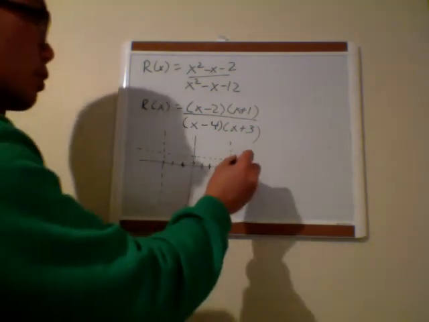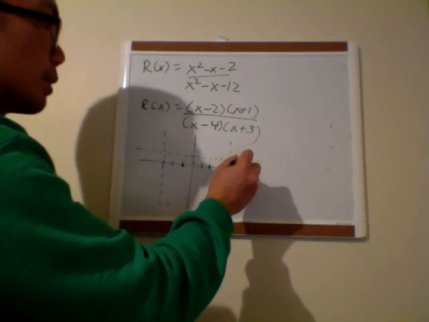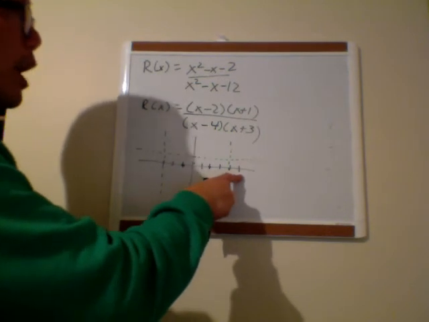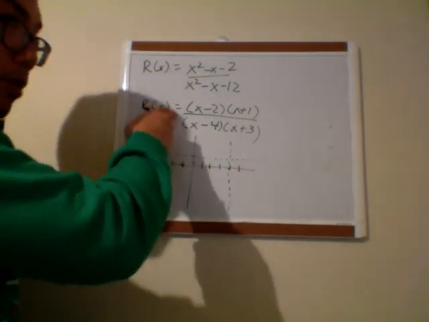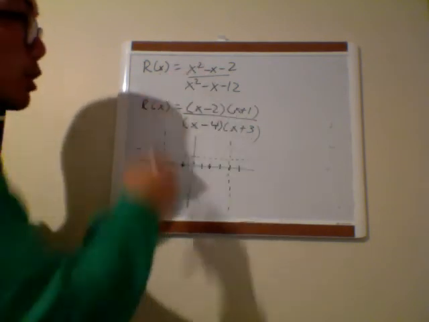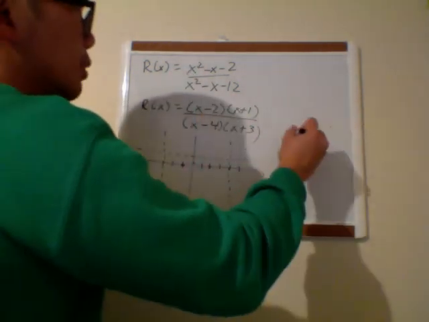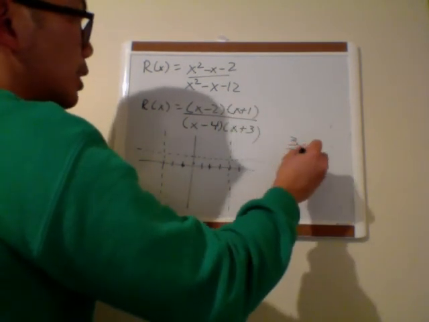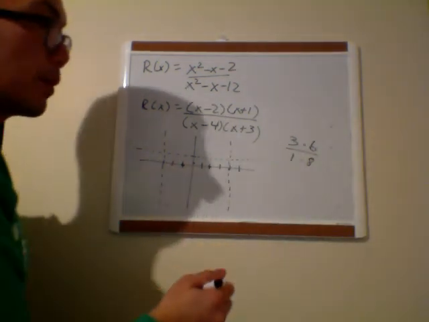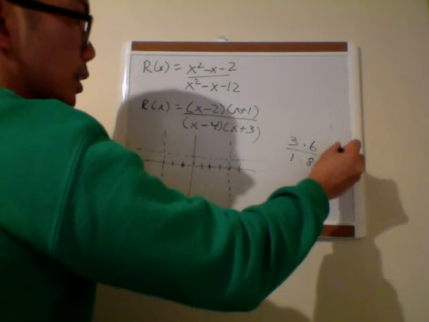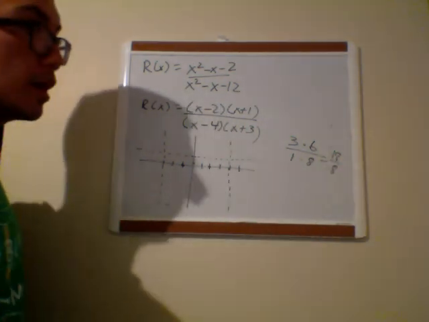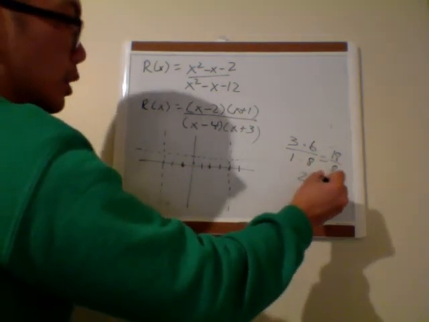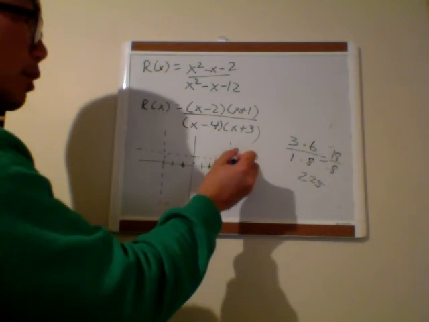Now, all we need to do is test a point. So I'm going to plug in 5. I think it's easier to plug in 5 into the factored form instead of the original. So this becomes 5 minus 2 is 3, 5 plus 1 is 6, 5 minus 4 is 1, and 5 plus 3 is 8. That gives me 18 over 8, and 18 over 8 is around 2 1/4. So I know at 5 I am going to be around